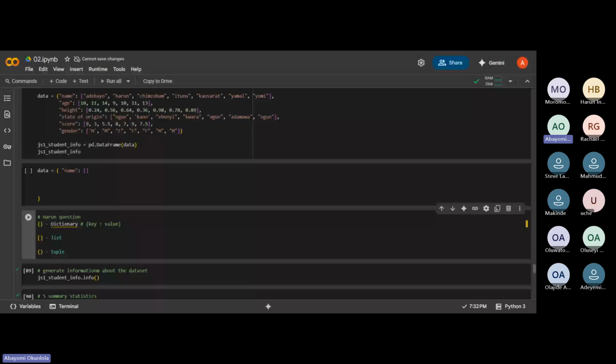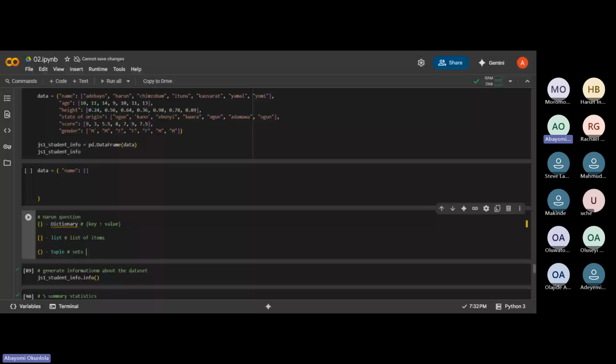Okay, then we also have the tuple, which is your sets. Remember your sets, set of empty objects, set of new objects. So depending on the scope of work you want to do, that is when you'll be able to know the type of brackets, like you mentioned, that you'll be using.